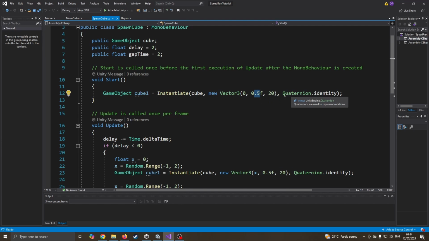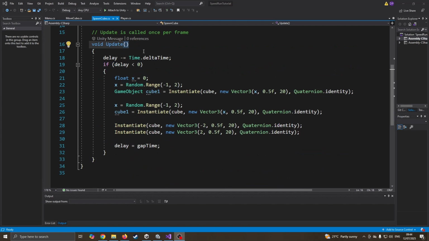I'll check that in a minute. And that's just what rotation. I want it just no rotation for now. Okay, so in the update function, I've got my delay, and I'm taking away the time it was from the